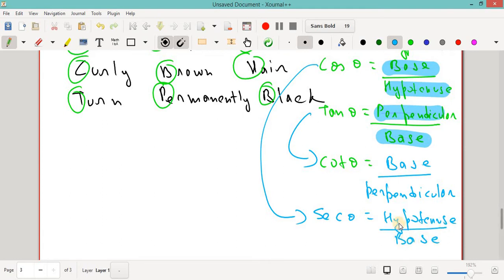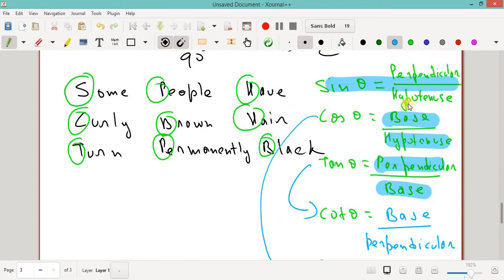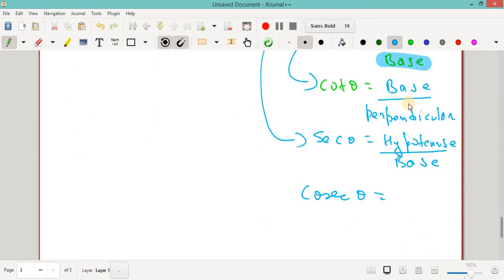Next is your cosec theta. These six we have to study in grade 10. Now what is cosec theta? It is just 1 by sin theta. Now just reciprocal it, just invert the formula. That is hypotenuse by perpendicular. This is the sixth formula we have derived without learning by heart or needing to mug up. We can easily find out our own formulas.